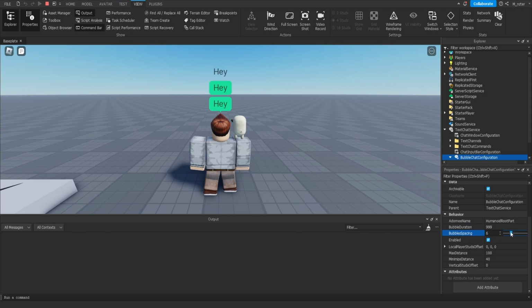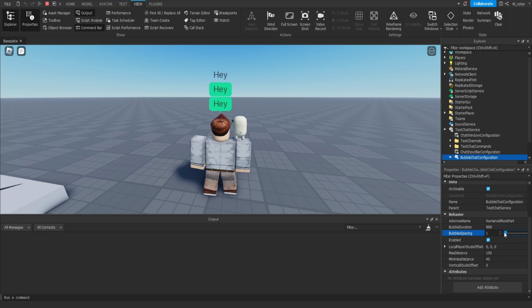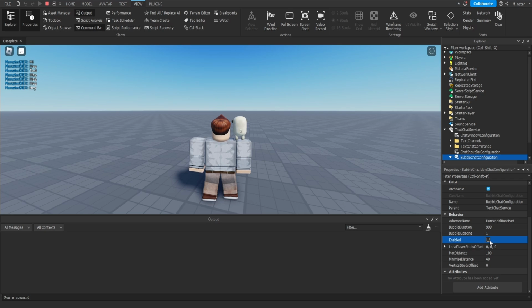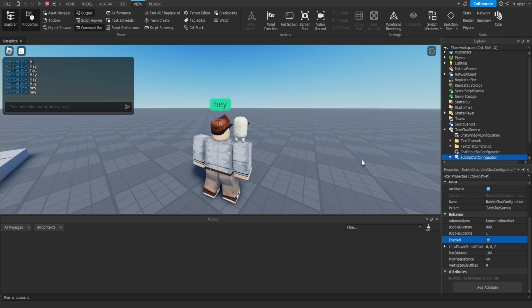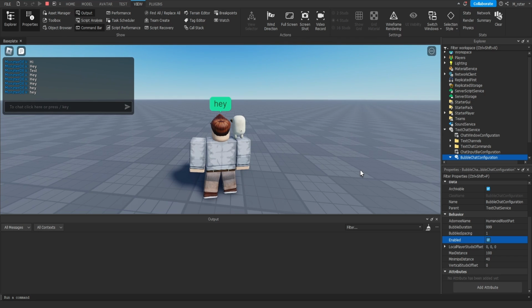Next, we have bubble spacing, and really all this is how much space should be in between every single bubble. So if we increase it, we can see that the bubbles are further spread out, and then if we decrease it, we can see that they appear much closer together. Now, if you toggle the enabled property on or off, especially if it is the one inside of the text chat service, it seems like it kind of just destroys all of the old bubbles